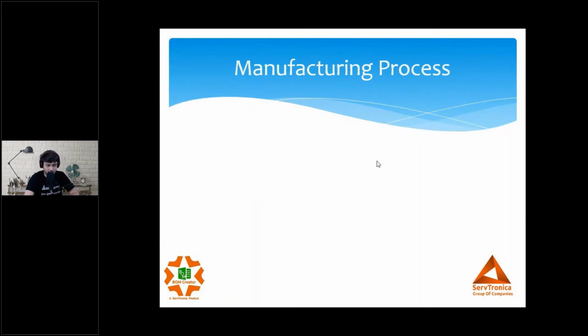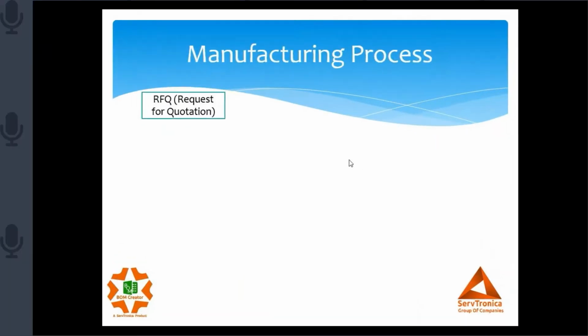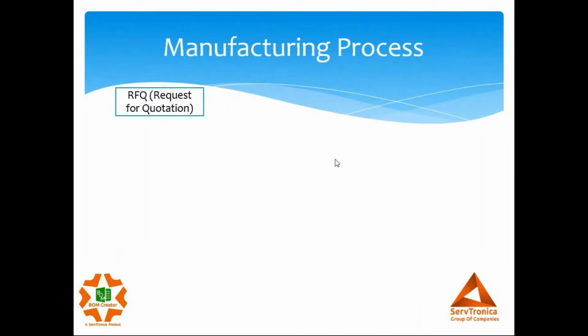So let's understand what the manufacturing process is all about. When we talk about the manufacturing process, what happens in the manufacturing industry? First of all, you get a request for quotation. So what is this request for quotation? It is an inquiry received by the sales department. Let's say I'm a machine manufacturer, I make a packaging machine or a special purpose machine. I'll receive some kind of quotation inquiry, where people request me to submit a quotation for this project, for this machine. So first of all, what I get is basically an RFQ.